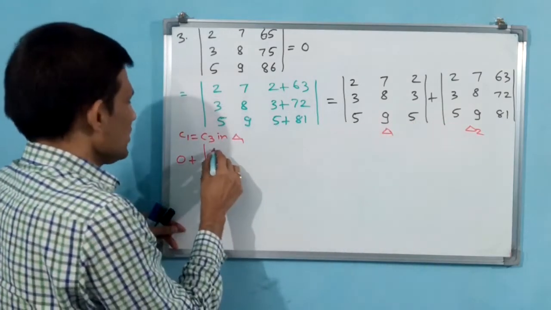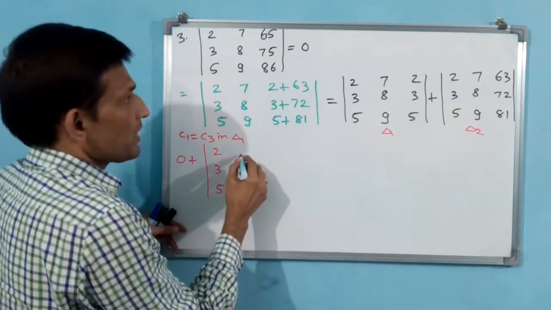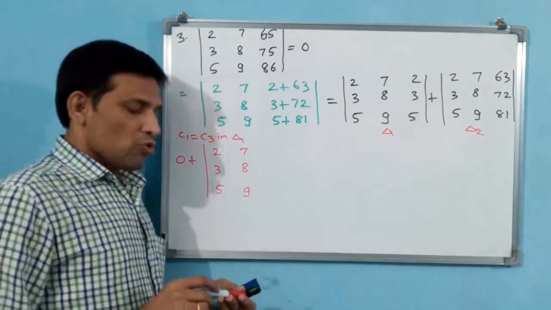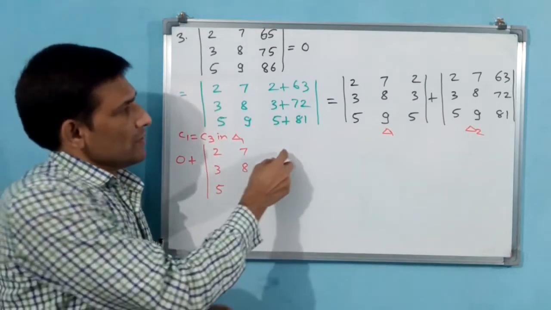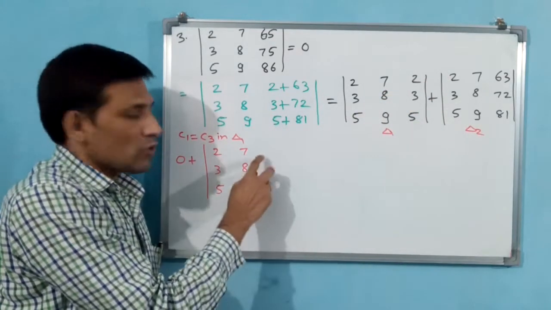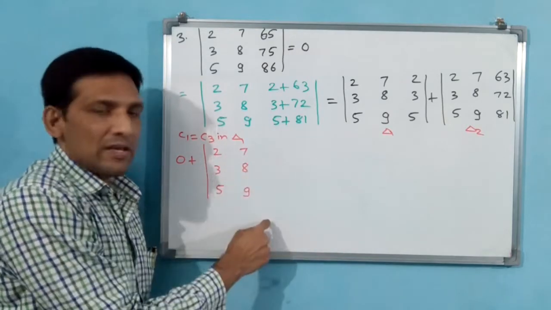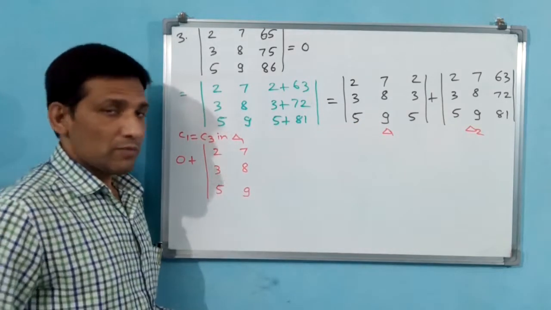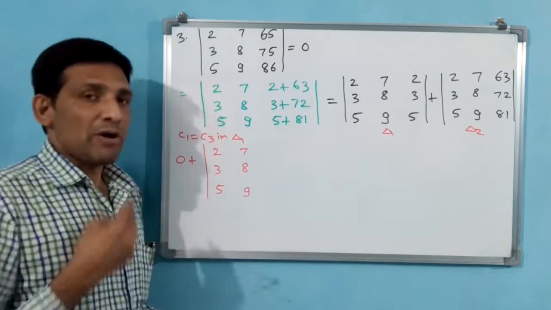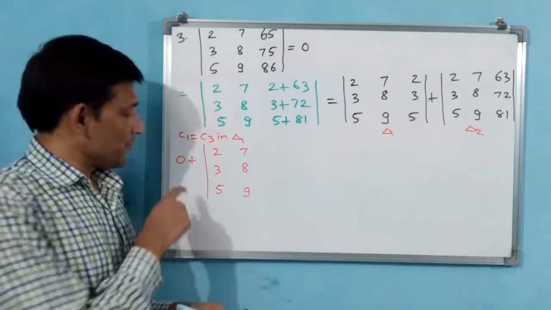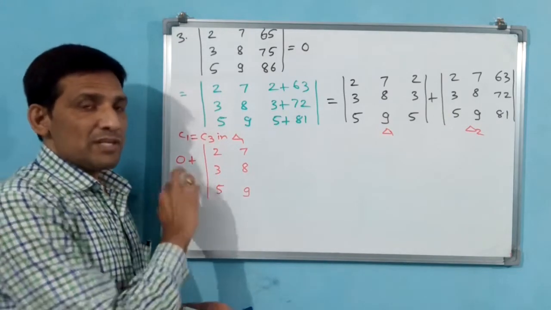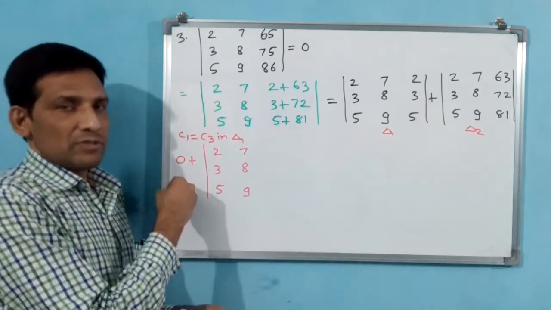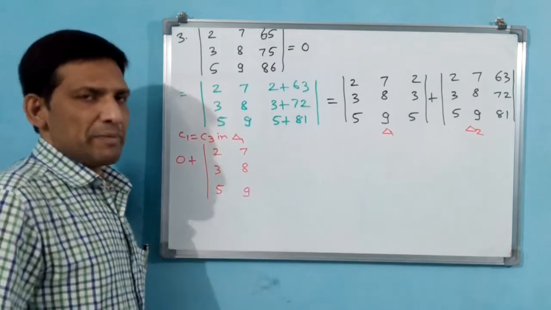This, how I am splitting, you see, 2, 3, 5, okay, 7, 8, 9, okay. Now you see, you are having two options. Those elements you take common such that 2, 3, 5 has to come. If not possible, then 7, 8, 9 has to come. If some number you have to take common. Why? Because we know multiplication with scalar k means any row or column you can multiply. I am multiplying like a row, then I will take it out.